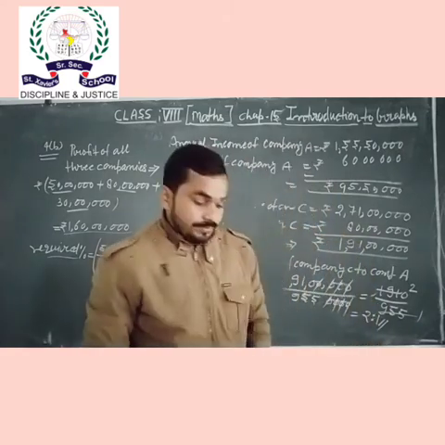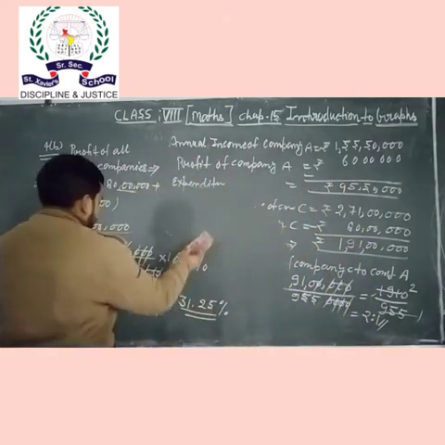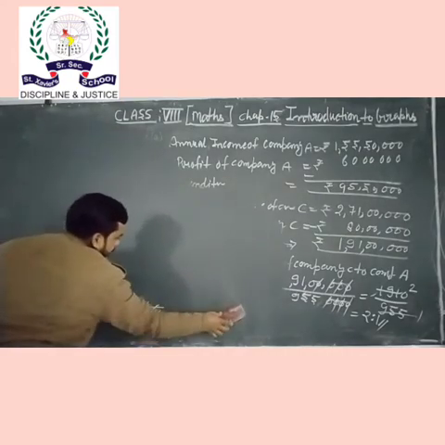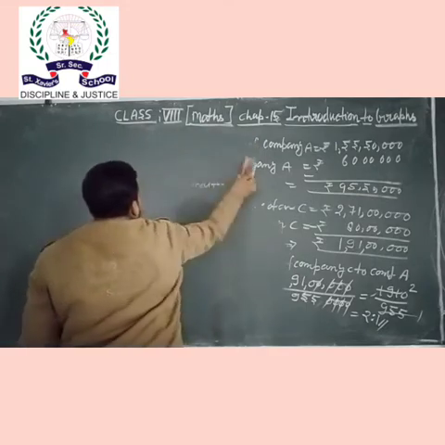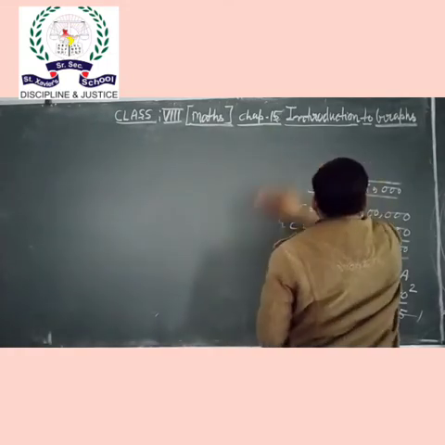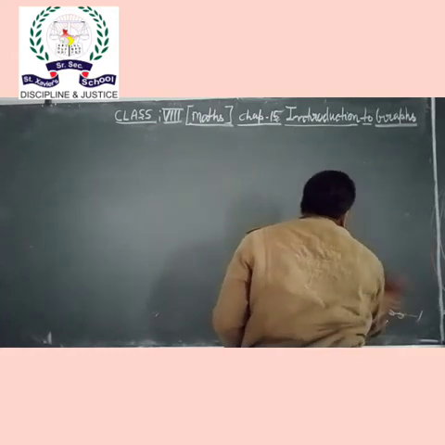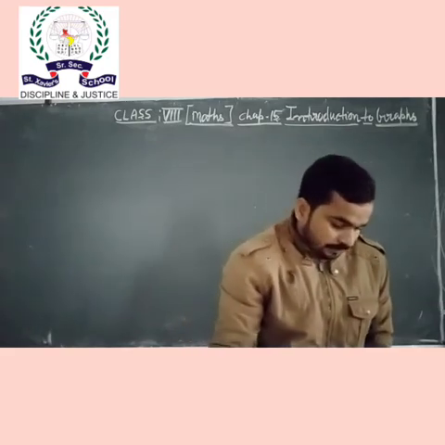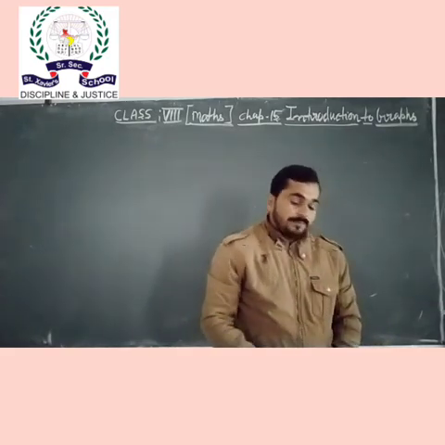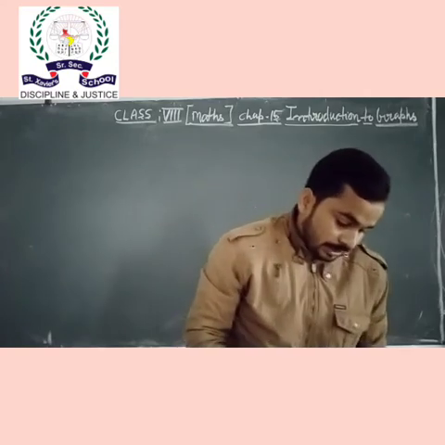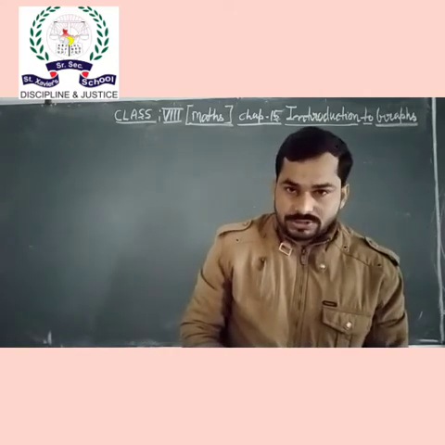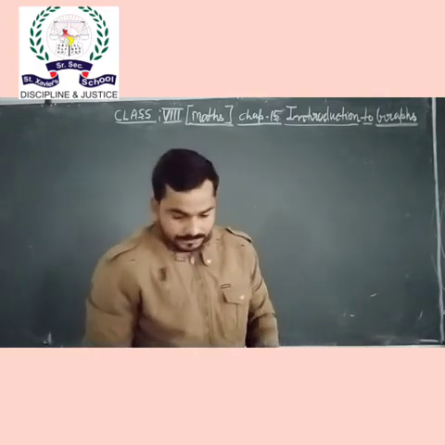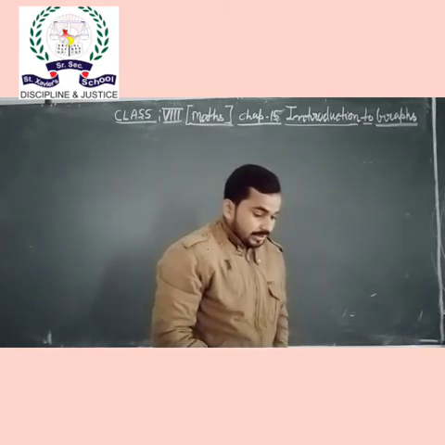Now the C part of question number 4. In the C part, again a statement is given. Use the graph and give the answer. All the questions are based on the graph. What is the difference of the average annual profit of company A and company B during the given years? Round the answer to the nearest tens. You have to find the averages and then their difference for companies A and B. So first we find company A's profit.